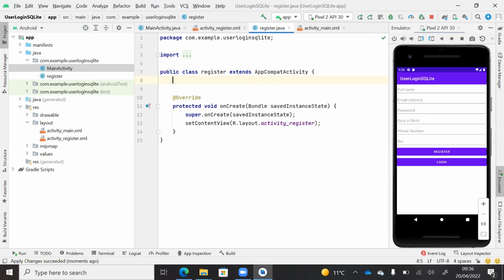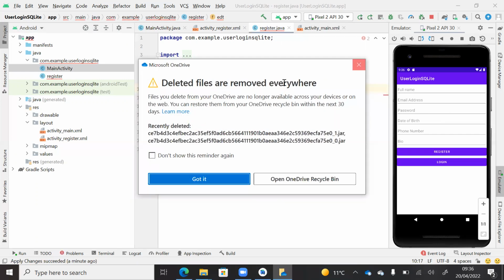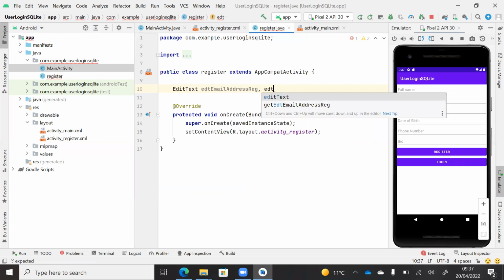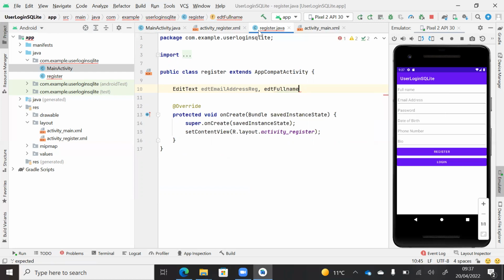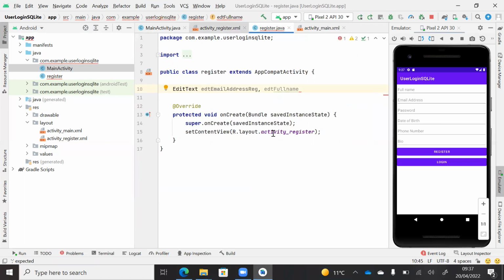So to do that, again, I'm going to create my edit texts, so edit text variables or objects. Let's say EDT email address reg, and then EDT full name. I believe, was it called full name reg, or was it just called full name? Just called full name. Should we add reg to it? Let's just add reg to it, because the rest of them all have reg. So full name reg,